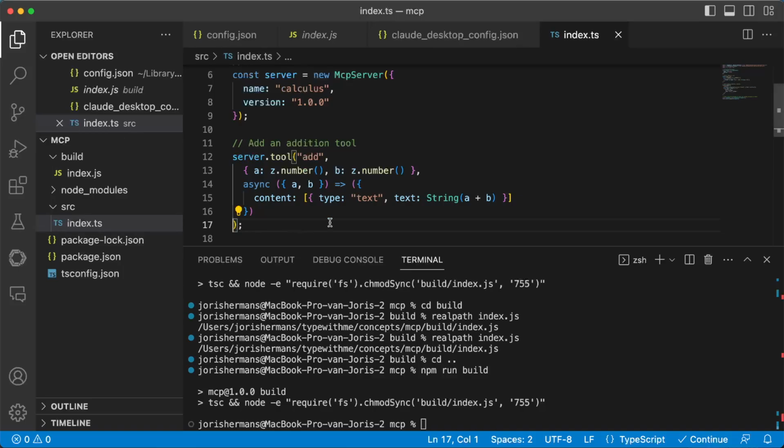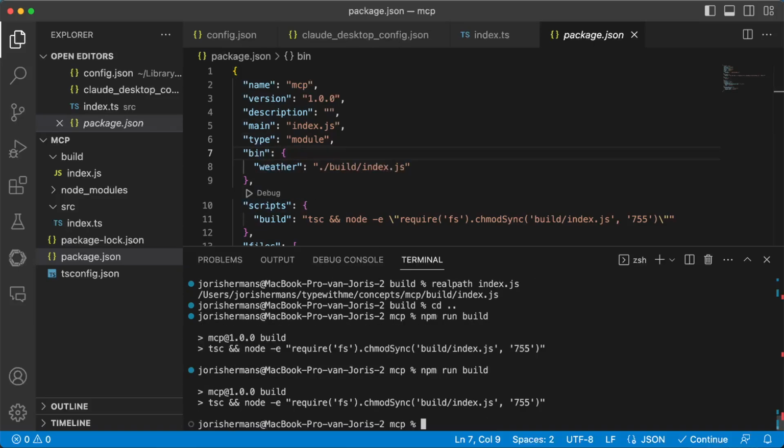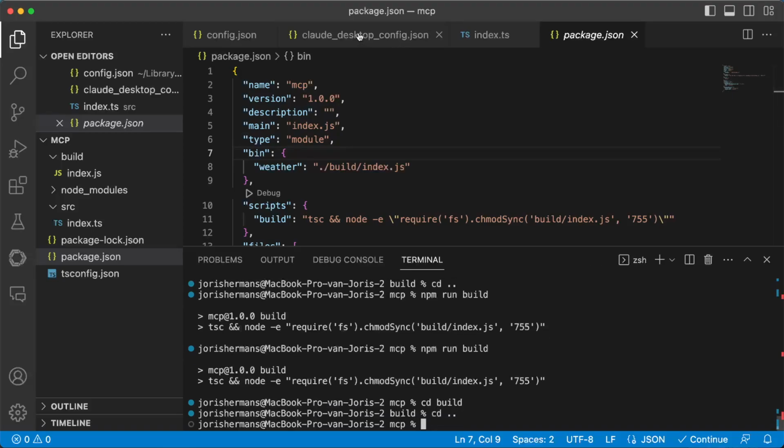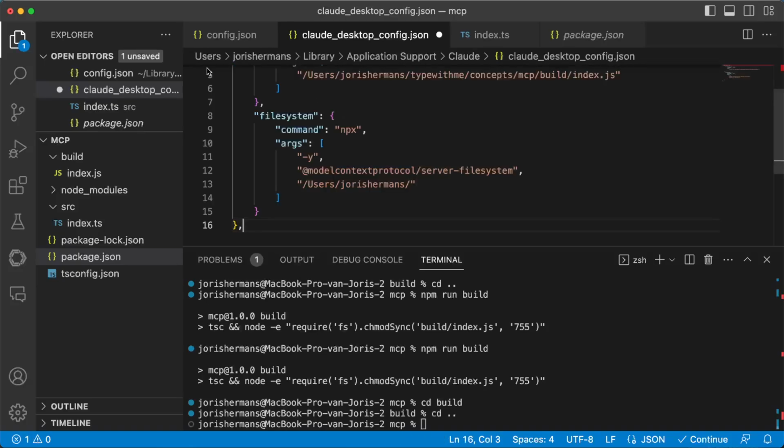Of course, it's a TypeScript application, so here you will see one of the things that are very important is that it needs to be of type module. Then we have a script to build it, and of course I can then do npm run and just build it, and we have it here built index. If I go to cd build, I do realpath, you get the real path, and then you can copy paste that later on in your config, because one of the things that we have right here is our Claude config, and it's very important. Why? Because